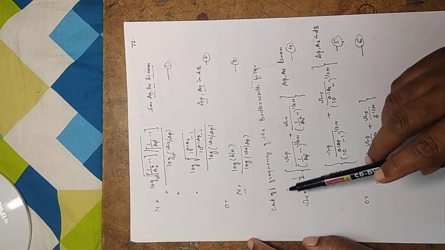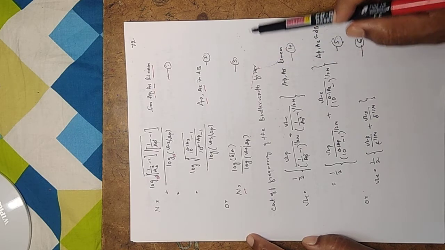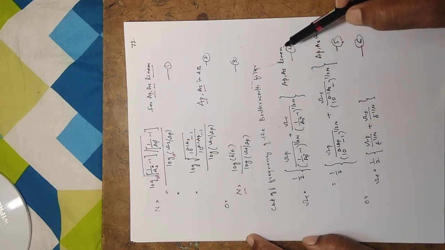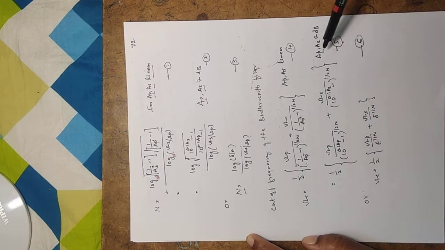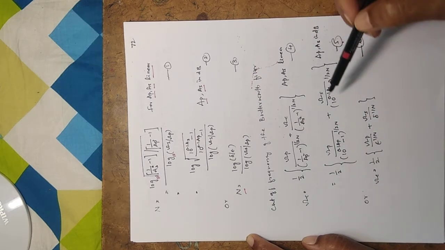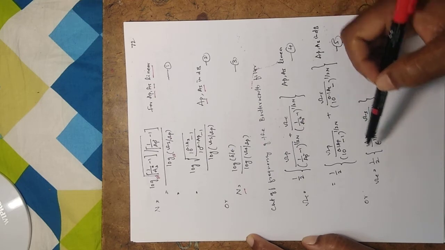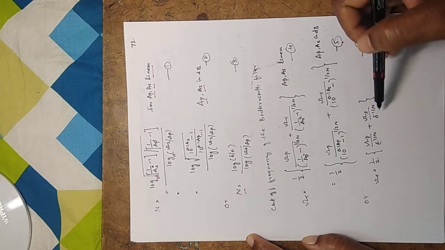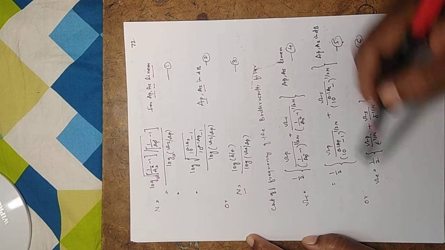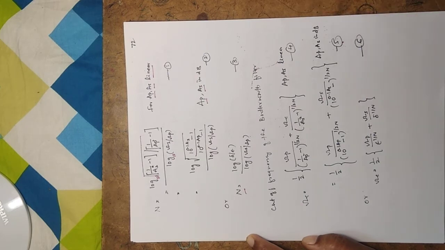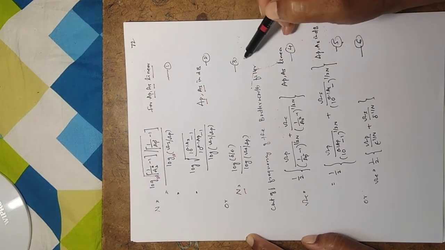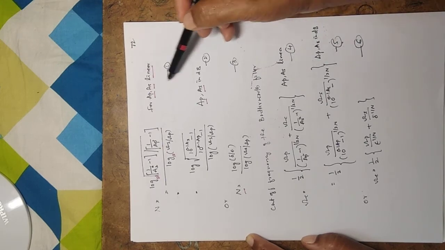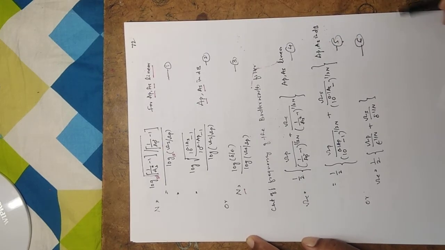Similarly, for the cutoff frequency of the Butterworth filter, if AP and AS are linear, you have to use this formula. If AP and AS are given in dBs, you have to use this formula, or if you know the epsilon and the delta, you can directly use this formula. I am numbering these as 1, 2, 3, 4, 5, 6. This is for the order, and this is for the cutoff frequency.